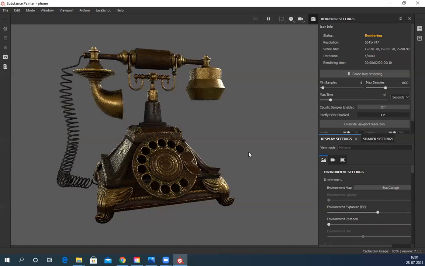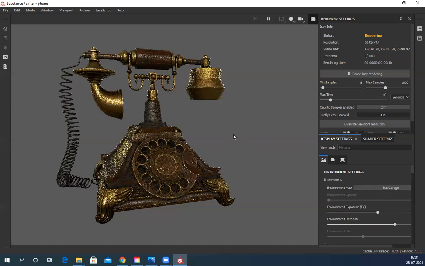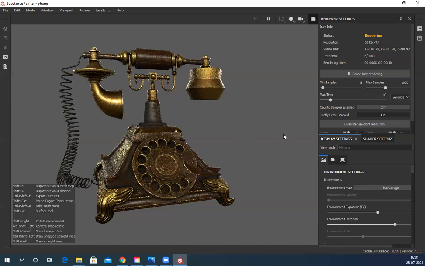And I can press shift and left click to rotate the light.